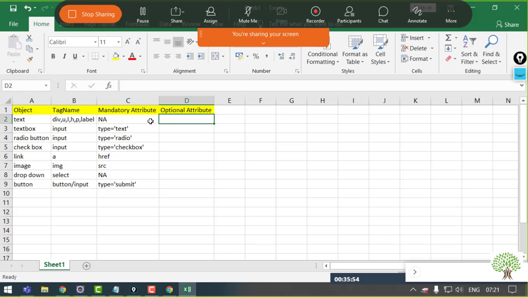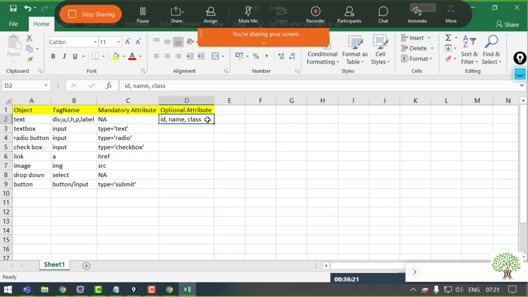Now moving further to the optional attributes. There are three main optional attributes, namely ID, name and class. Fine. Now when we talk about ID, name and class, these are the three attributes, and all the elements that we have discussed till now can have 0 or more optional attributes.